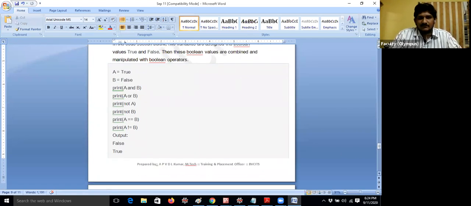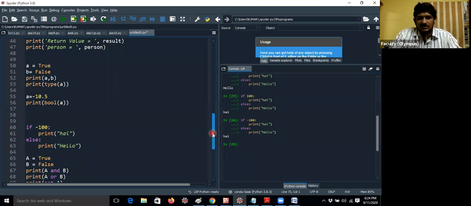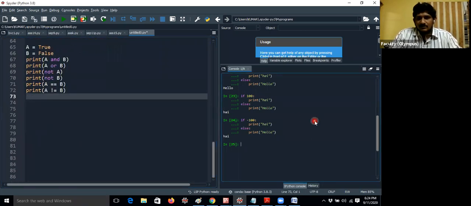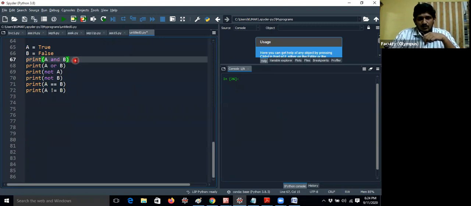Let me explain a simple example. Whatever rules you studied in logical operators will be applicable here. I would like to ask you one question, guys. And is an operator that evaluates to true whenever both variables a and b are true. I think you know already, right? So and means a and b.